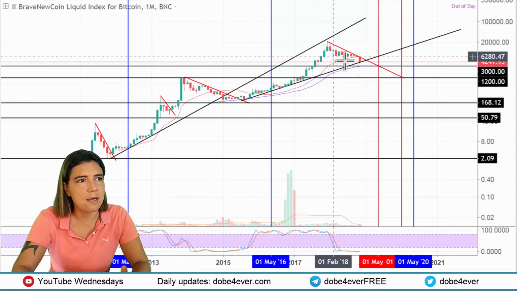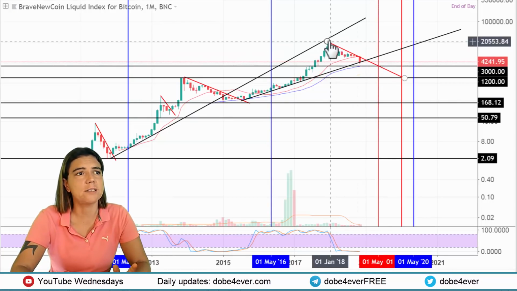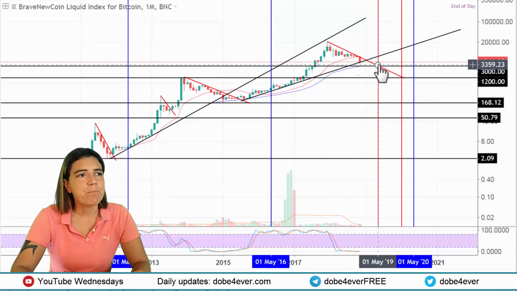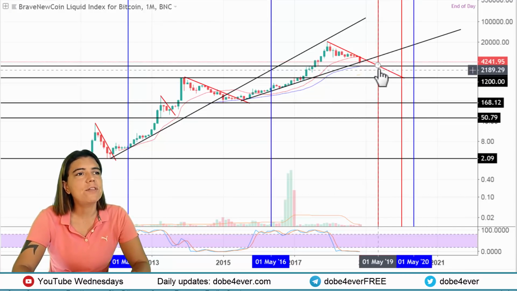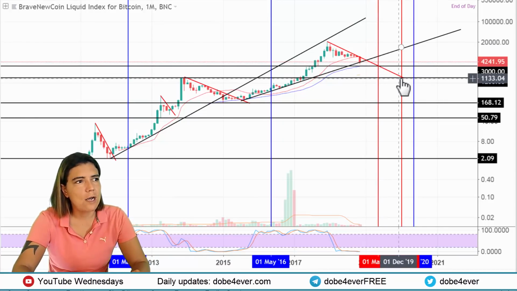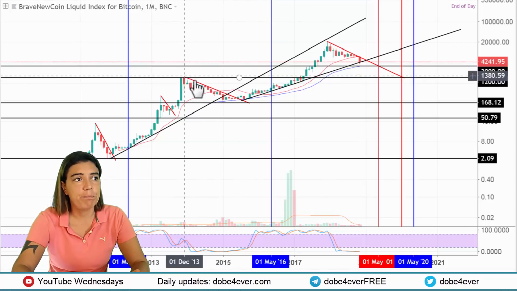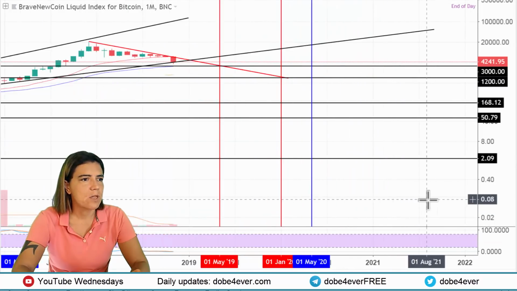What I'm trying to say is that if we bottom at 3,000 following this diagonal downtrend line, the bottom could be found in May 2019. If 3,000 breaks and this diagonal resistance line continues to be respected, if we go all the way down to around $1,200 for the peak of the previous bubble here, then we could be reaching this bottom in January